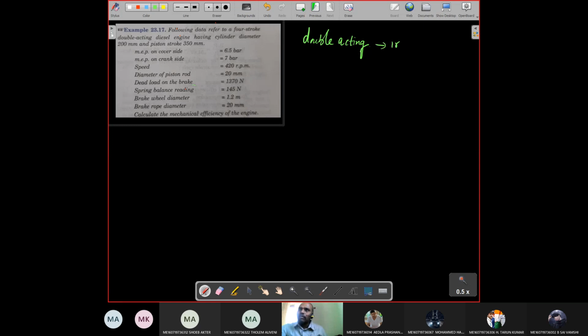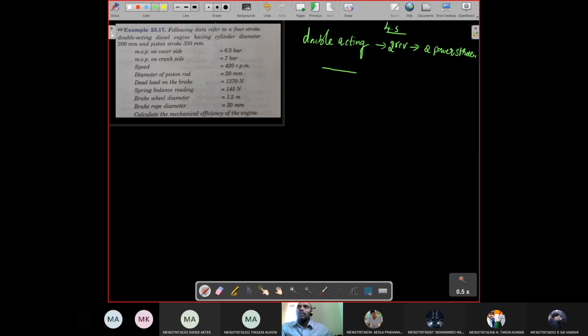So double acting means one complete revolution, right? For a 2-stroke engine we are talking about one power stroke per revolution. If it is a 4-stroke engine, instead of getting 1 power stroke, we will get 2 power strokes. Generally, for a 4-stroke engine, for 2 revolutions we will get 1 power stroke. In case of single acting it is 1, in double acting we will get 2 power strokes. It means one side of the piston may have one stroke, and the other side of the piston may have the other stroke.